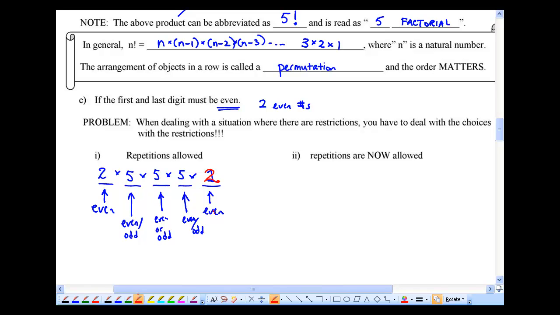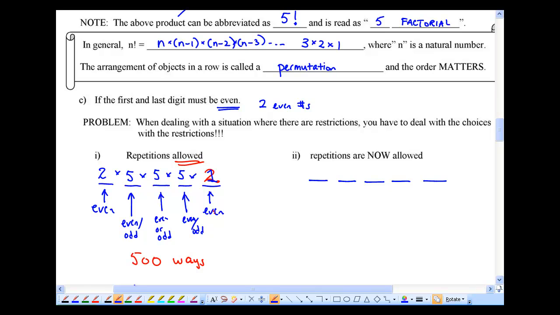Repetitions allowed. So 2 times 5 is 10. 10, how about 500? 500 ways. Sorry about that, okay? But once again, repetitions are allowed, so I could have even numbers. I can use it again, okay? I was getting ahead of myself with the even part, because now over here, repetitions are now